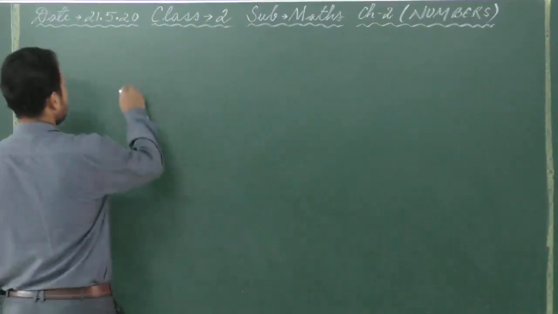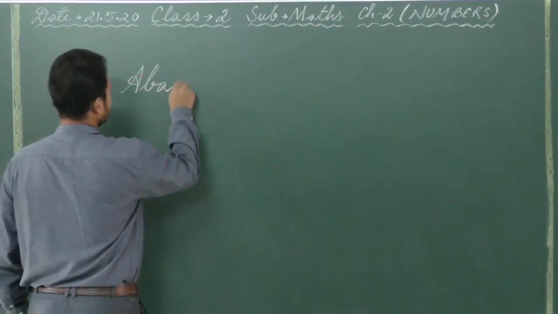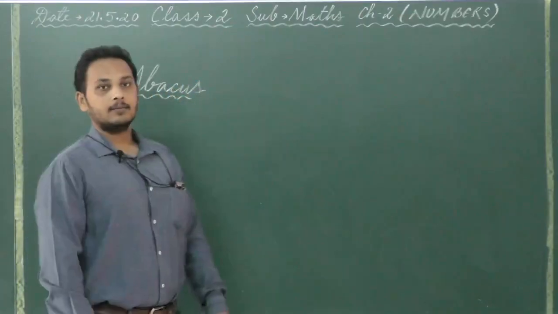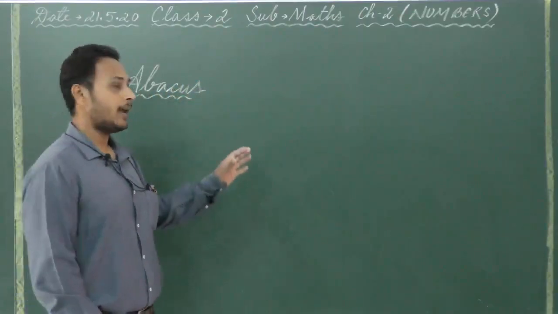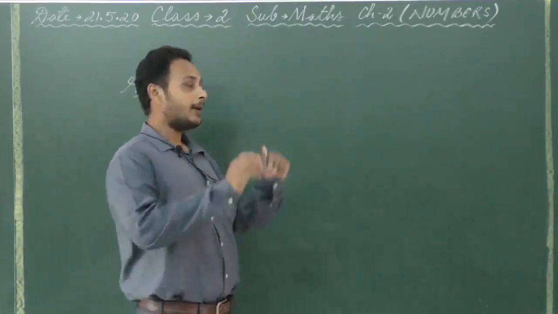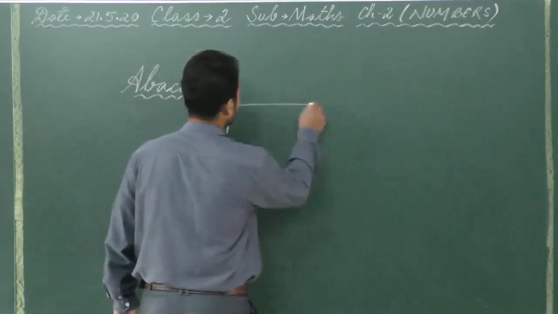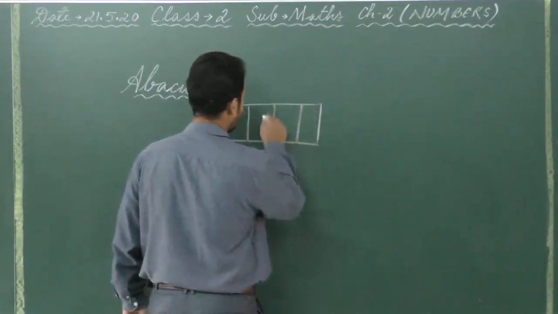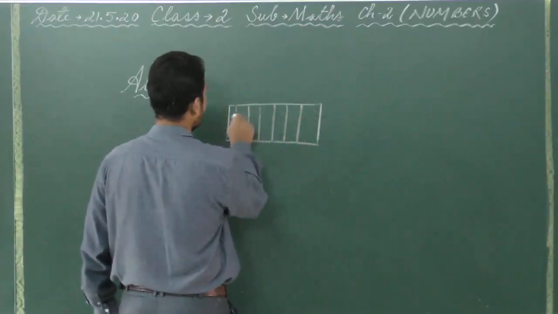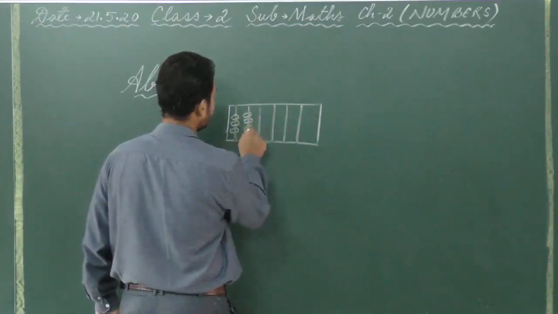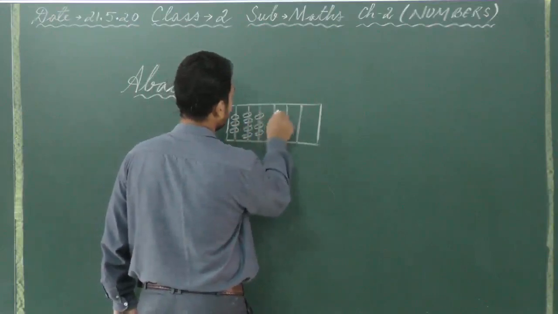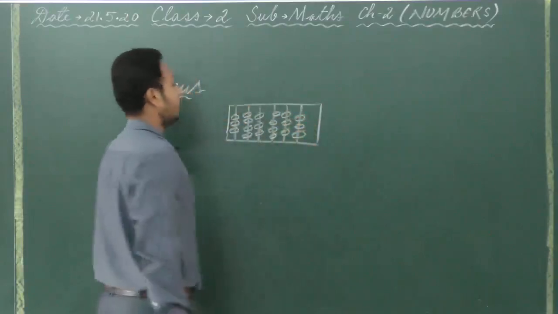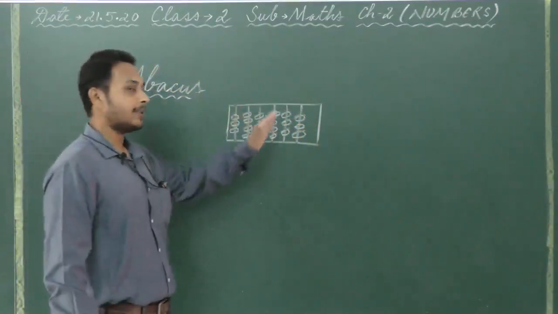Now what is abacus? When your school reopens, I hope you will be having a class for it. Now in abacus, it is actually an instrument, okay, that has some beads in it. Beads, okay, beads are like small balls of circle, okay, somewhat like this. Okay, it looks something like this.